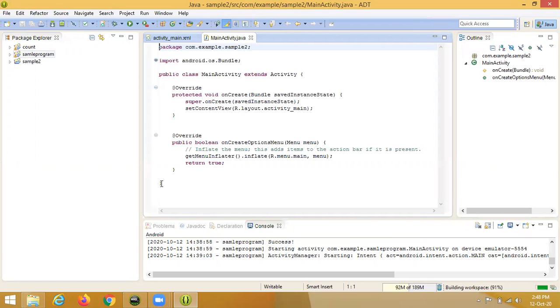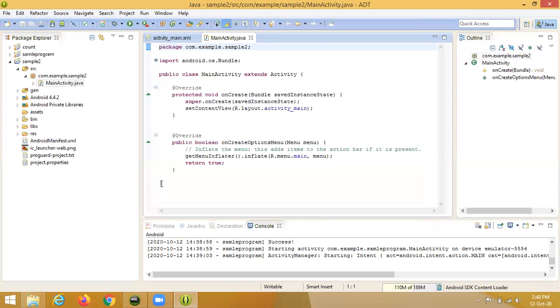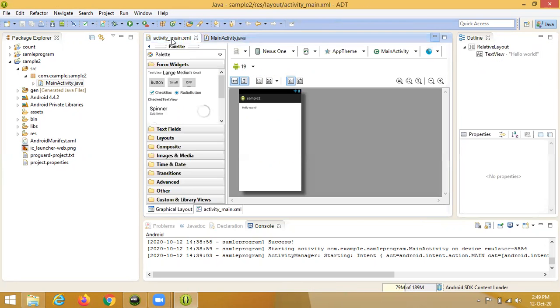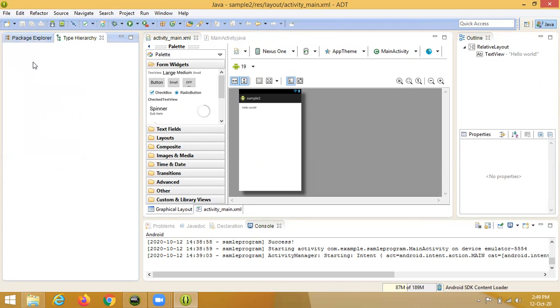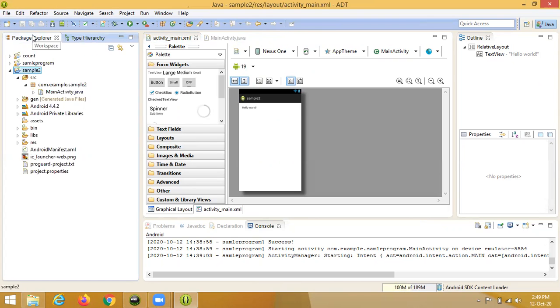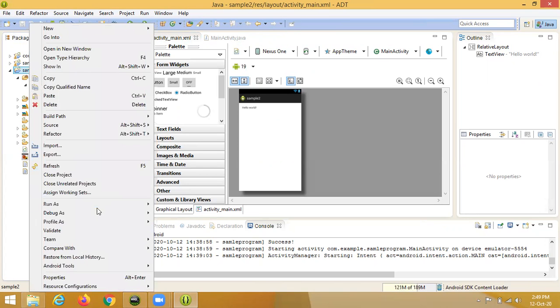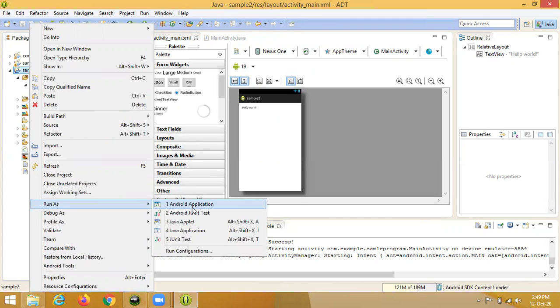When the program source code has been opened, you must understand. First we have to run the project without any coding and without any designing. Select the file, right click, select the file name, right click it, and run as Android application.